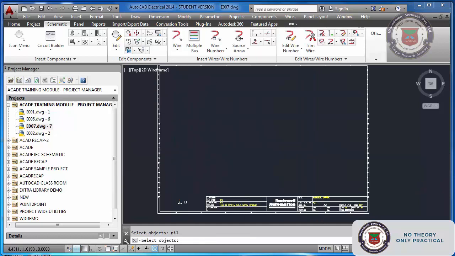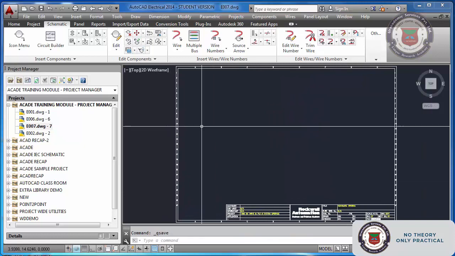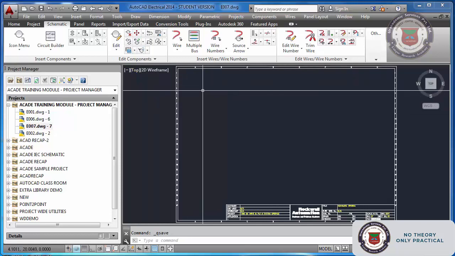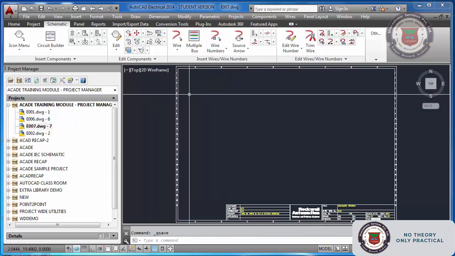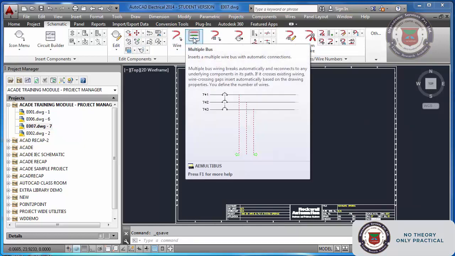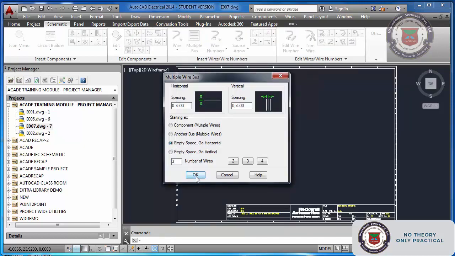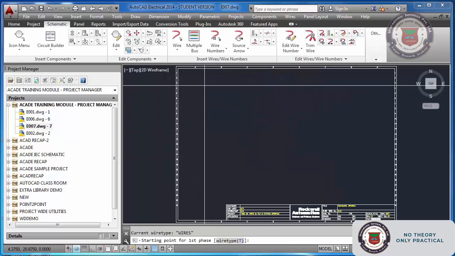Now let us move on to reports. In order to generate a report, I have to create at least a small drawing. So I think I should create a drawing, and it will be helpful for you to follow how I am drawing wires, how I am creating a small circuit, how I am inserting the components, how I am selecting the catalog list, and everything. What I am going to do is draw an empty horizontal bus like this,